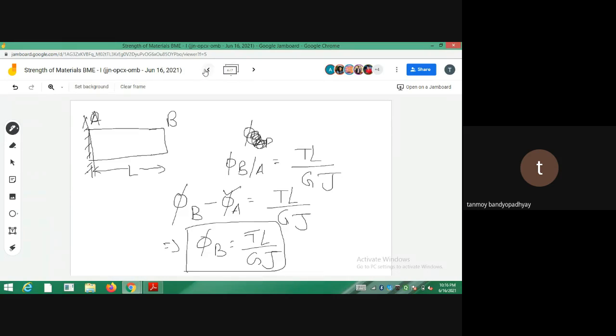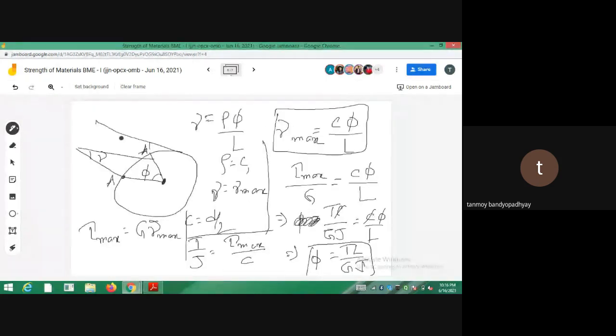So if I go here, this was B. At this point, the twist is actually 0, and at this point, the twist is maximum. So this phi actually changes. Okay? So what is this phi? It changes along the length of the shaft. As the length of the shaft changes, the phi also changes. When L is equal to 0, phi is equal to 0. When L is maximum, phi is maximum. So this phi that we are getting is the maximum twist that is occurring at a length L of the shaft.